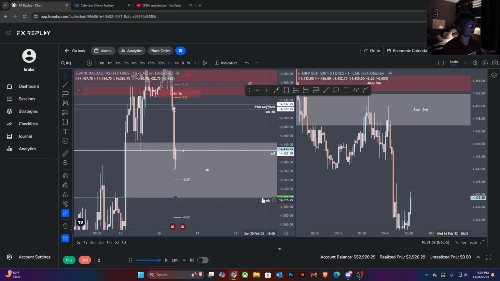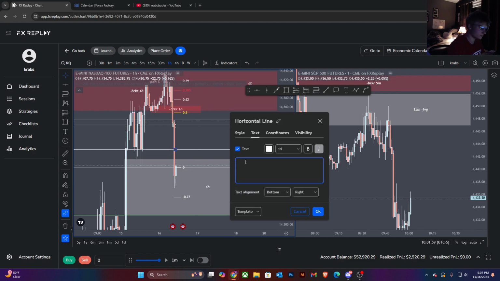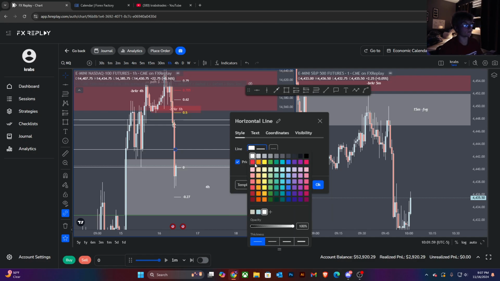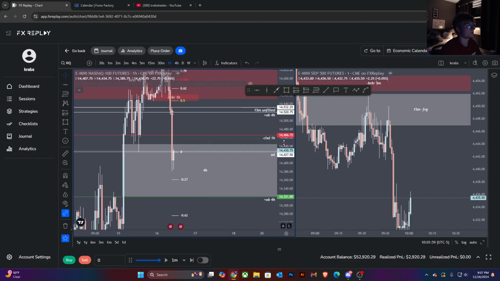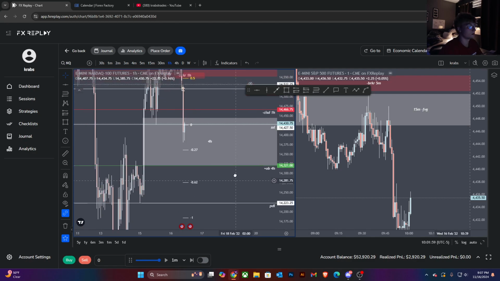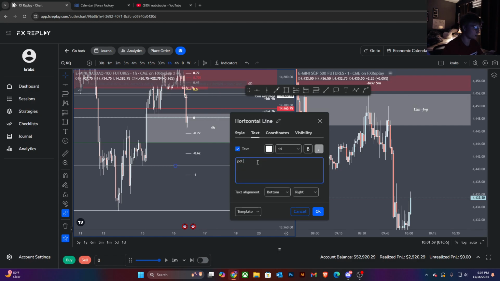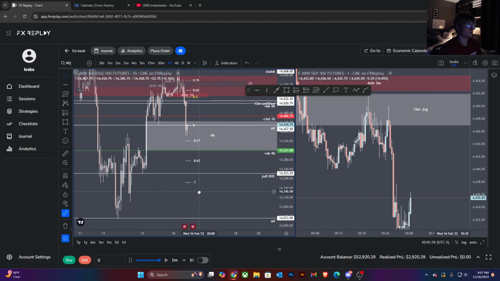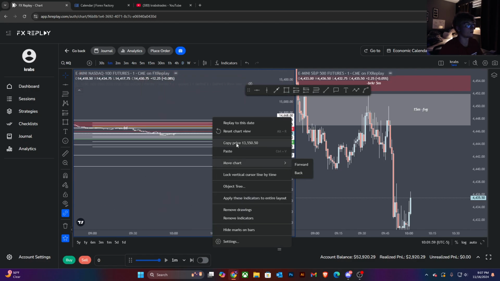I'm not going to fade this hourly CISD here. Close below the sell side, I'm more bearish. Still towards previous day low. I think this is the draw on liquidity. And this daily sell side below. So I'm not even thinking about longing.